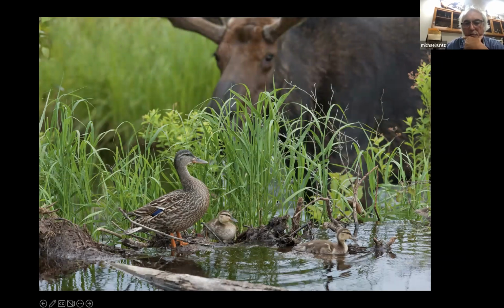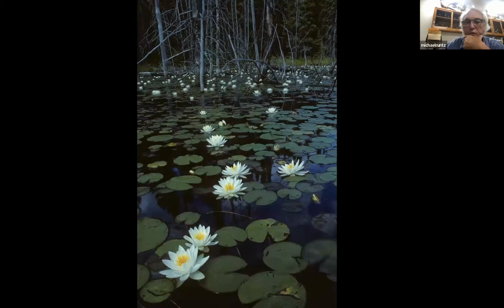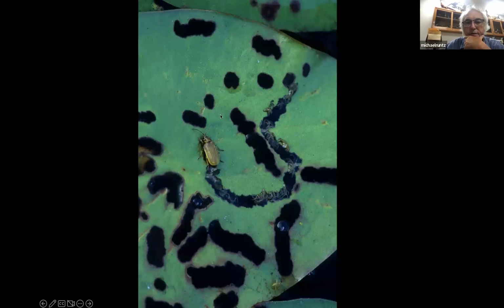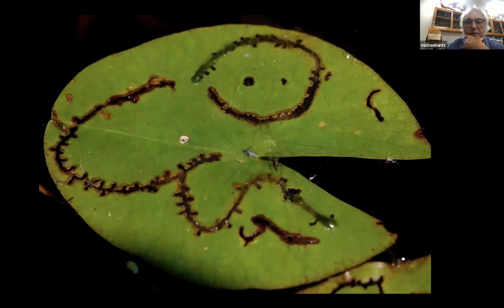That's a beaver dam with mallards on it and a moose behind. It's a great area for wildflowers, things like white water lilies and bullhead lily, as I mentioned. The leaves are food for insects. Here's a water lily leaf beetle chewing its way through, creating spectacular patterns that reminds me in this case of